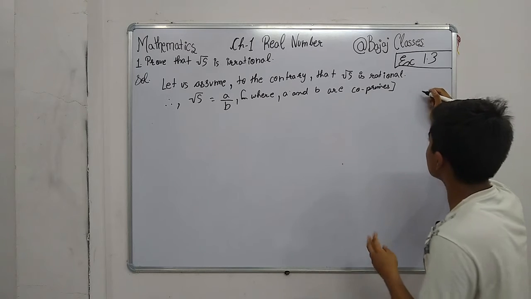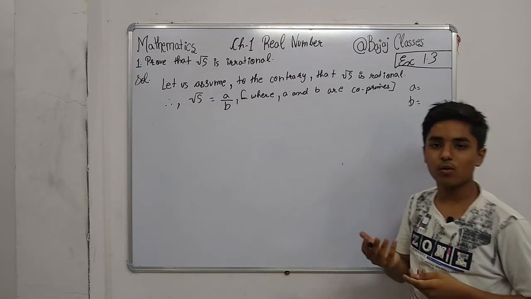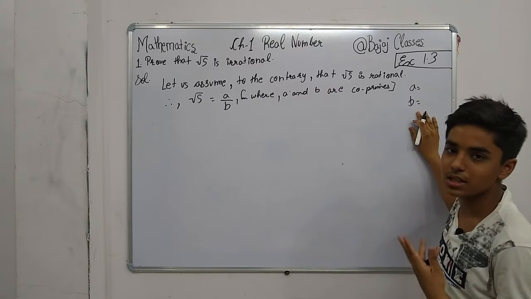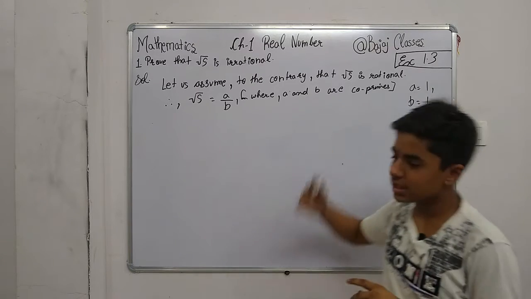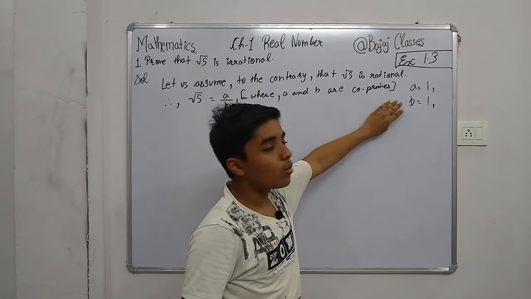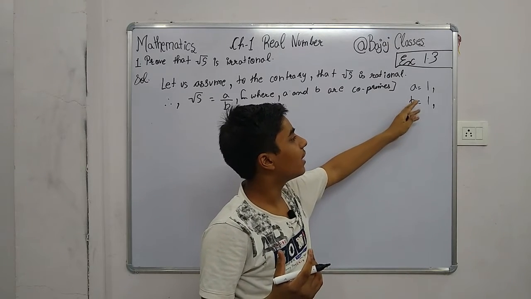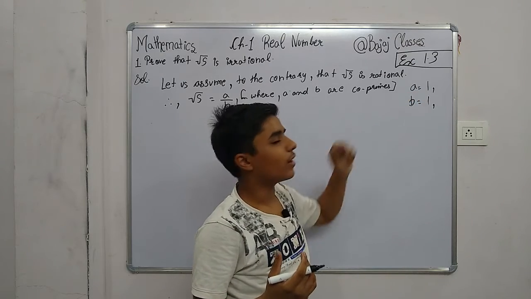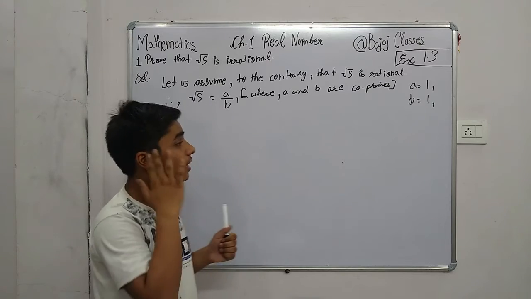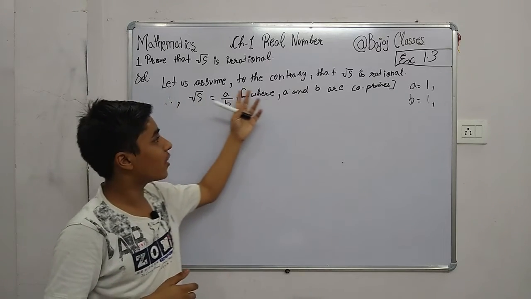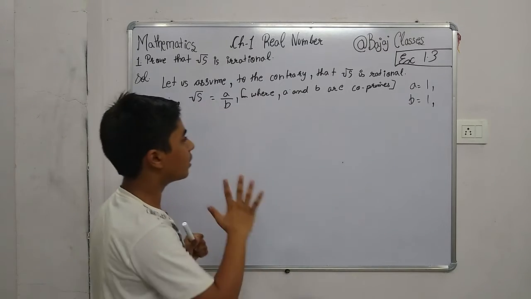You don't have to write that in exams. So what will be the common factor of a and b? You all know that the common factor of co-prime numbers is only 1. So what is our method to prove this irrational? We will find a factor, or any natural number, which will prove that both have a common factor. Our first step is that we have taken the contrary, and the second is that we have taken the co-primes. Now we will solve it.